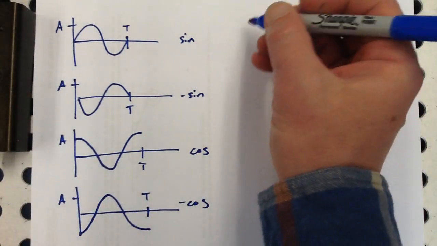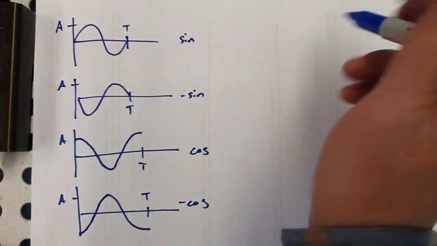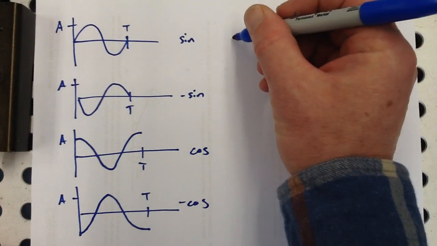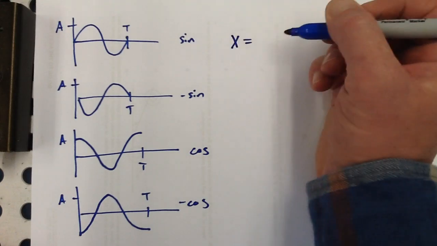We don't want to default into y equals x stuff. If it's position, then I'm going to call it x equals,